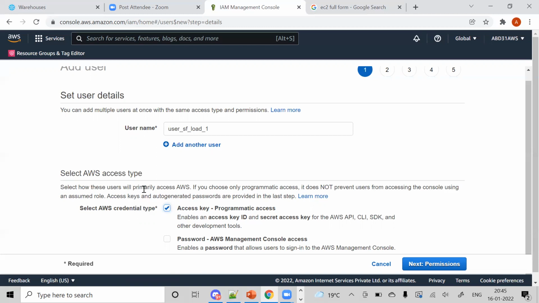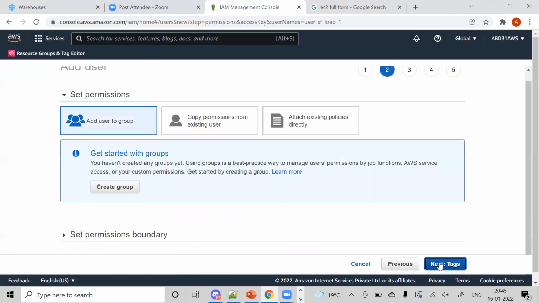See what it says. Select how these users will primarily access AWS. If you choose only programmatic access, it does not prevent users from accessing the console using an assumed role. Access keys and auto-generated passwords are provided in the last step. Okay, so once you select, they will show you that. So I will right now select just this one only. And if I go next,